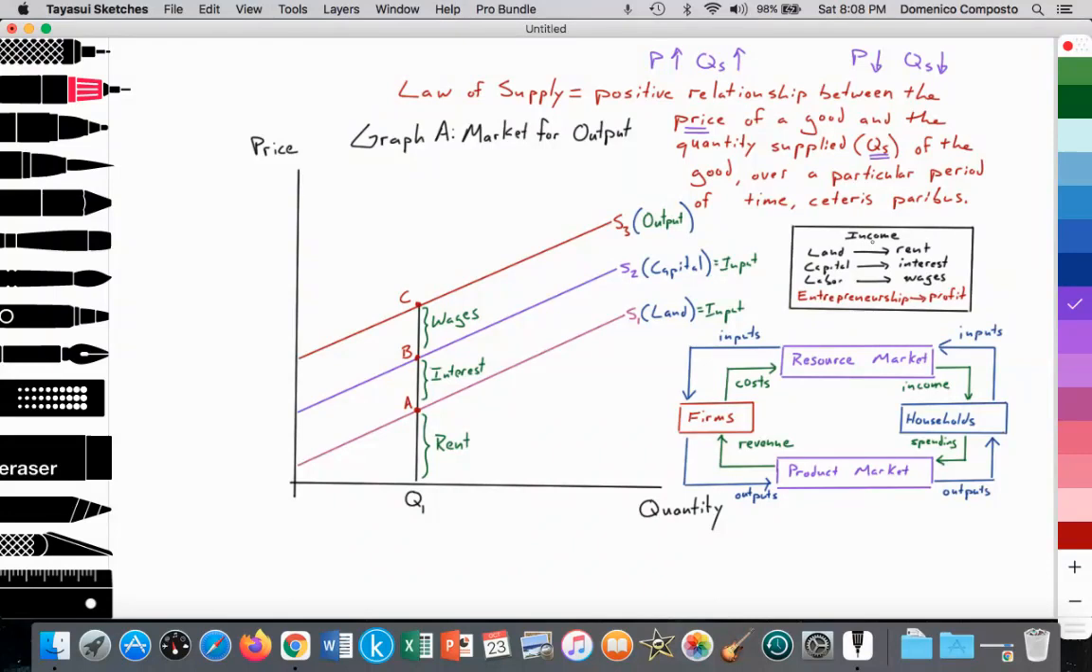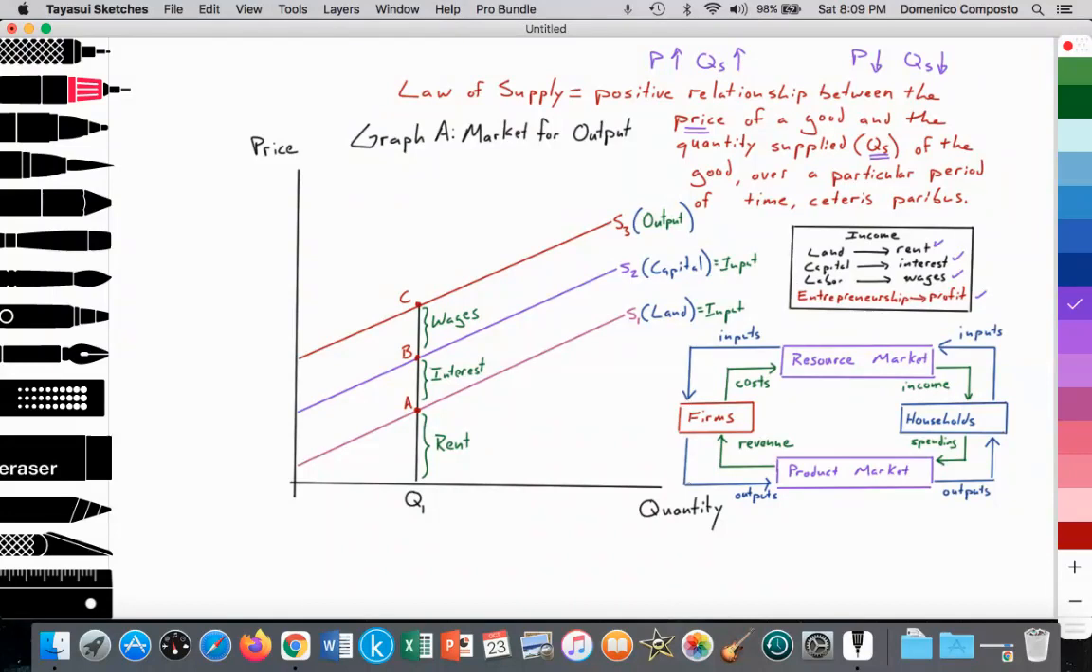And the income that's generated by the household is, if the household owns land, then the household will generate rent when they offer it to the firm. If the household owns capital, then they will generate interest if they offer it to the firm. If the household owns labor, they will generate a wage. And if the household is actually the entrepreneur, they will generate profit. So households offer inputs in return to gain income in the form of rent, interest, wages, and in the case of the entrepreneur, profit. Those inputs go to the firm, and the firm utilizes land, capital, labor resources to generate